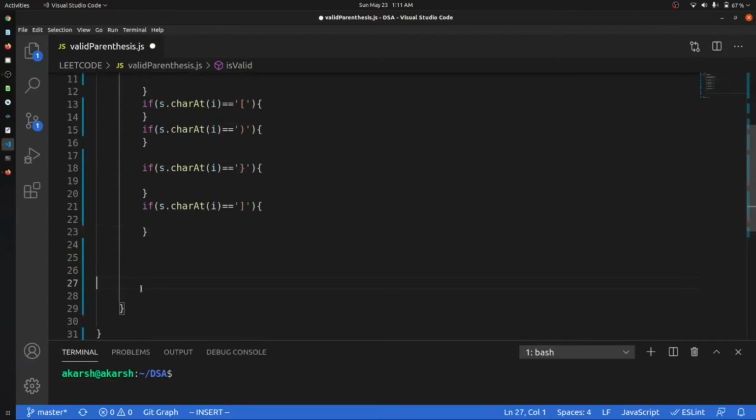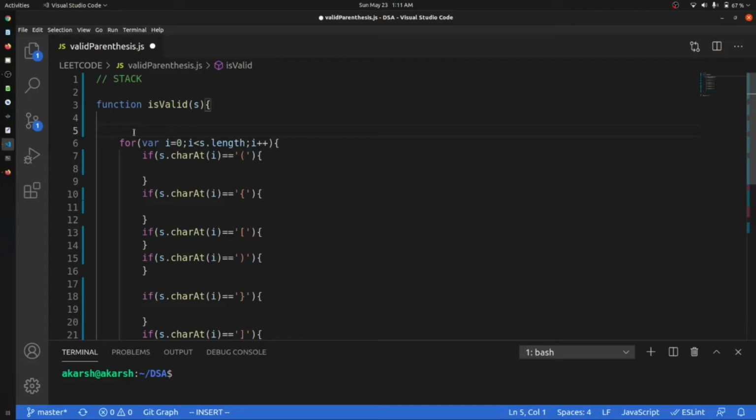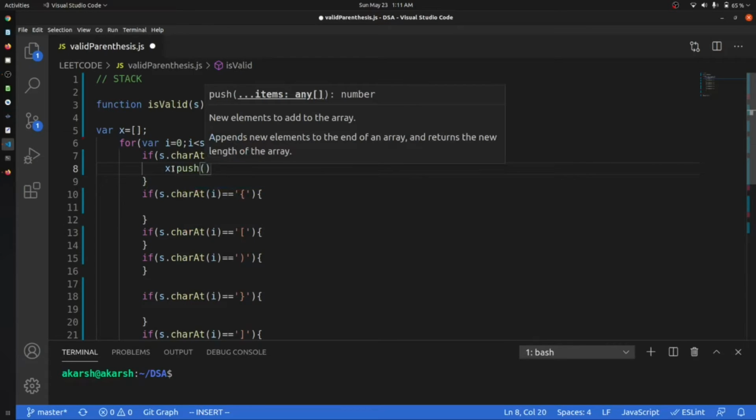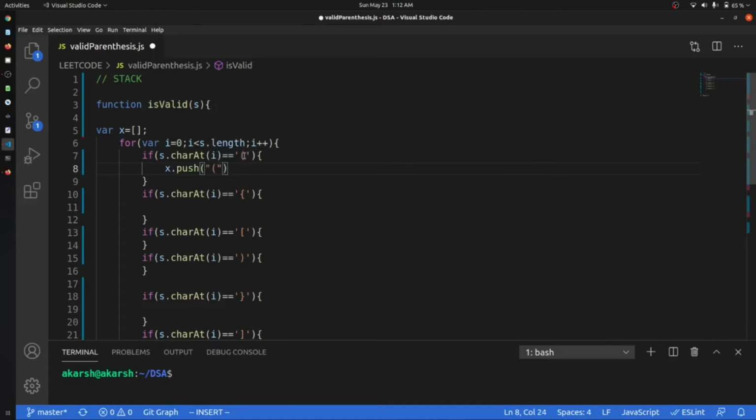For our stack we will just create x as an array, and if we have any of these opening brackets, we will call x.push and push the bracket that is present at that point.